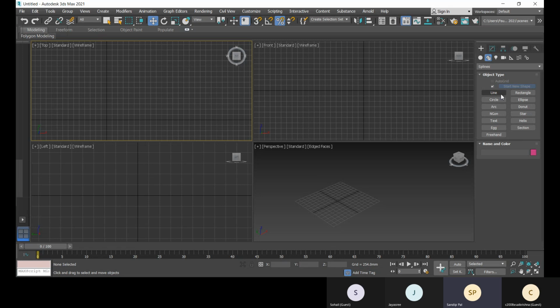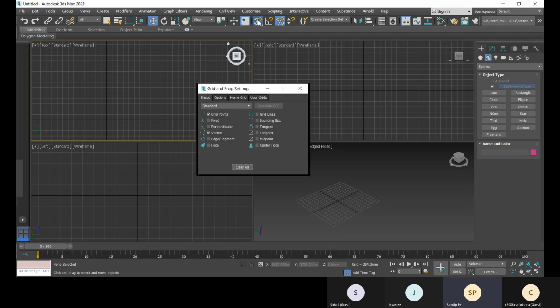Next, what I'm going to do is this line with the snap. This is the snap toggle. It is only useful when it is needed, so turn on this snap toggle only then. Otherwise it can also create confusion. So only use it when it is required. Right click on it in the snap.